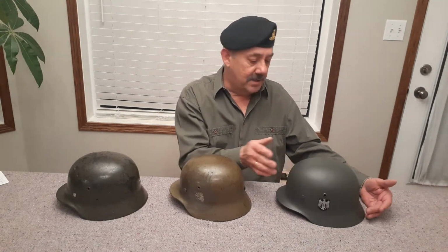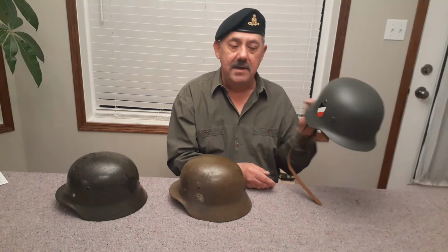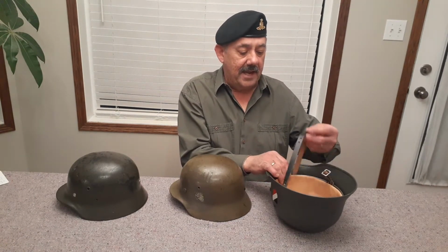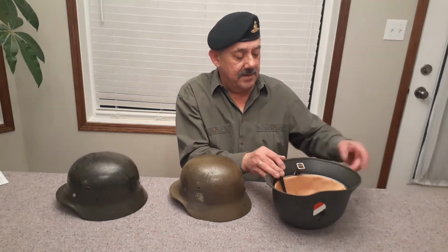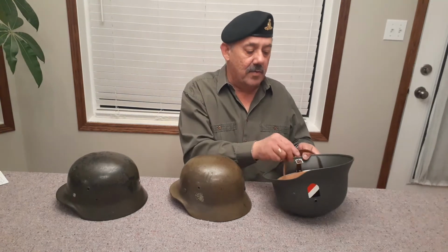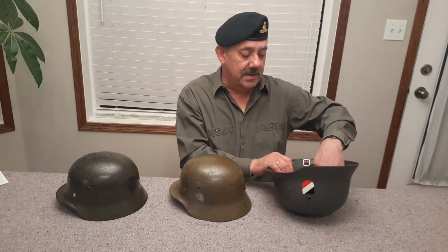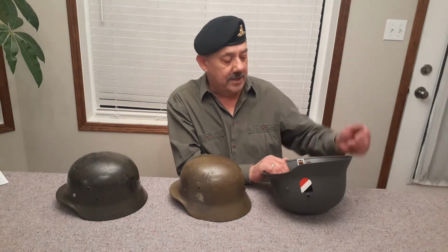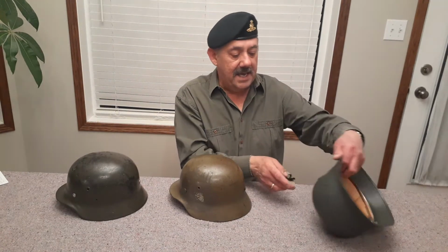So if you wanted to have the look or the feel, this one will fit me. It's done, as far as I know, fairly accurately, and they even stamp a serial number and the size. So it's all done as a replica of an original World War II helmet, this one an M35. I'm pretty sure they've got the 40 and 42 as well. I opted to go with the 35 just because it had the